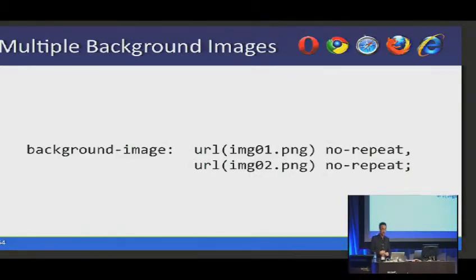This is particularly groovy. You can add multiple background images to one element. Now, this is useful if, I guess in the olden days, if you wanted to do rounded corners, this would have been a good way of doing it, but those days are long gone. So multiple images on one element, and you can apply positioning to each of those elements separately. As you can see, I have image 01, image 02. I could apply X and Y coordinates to either of those to move them around my element.